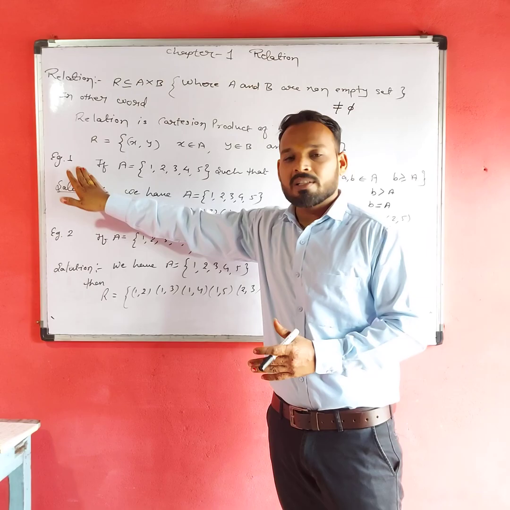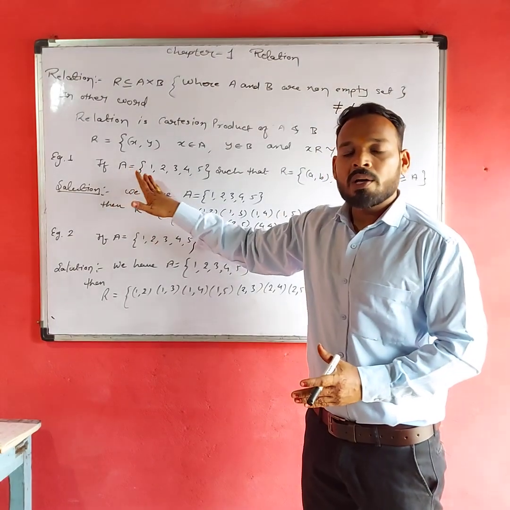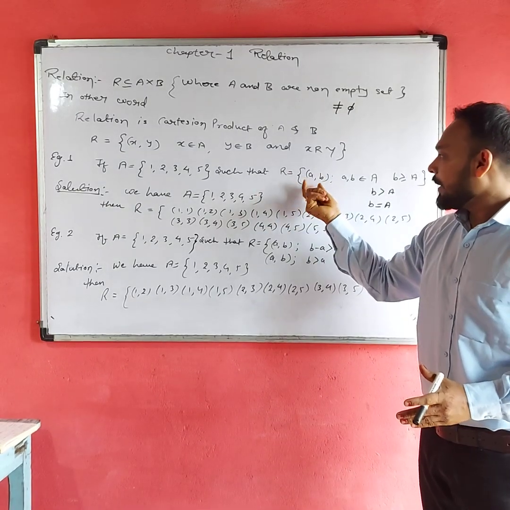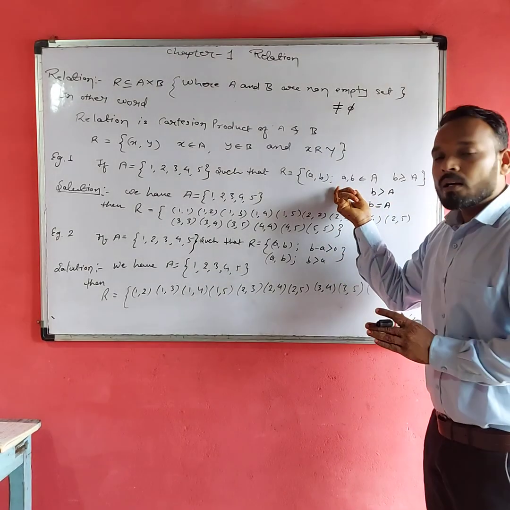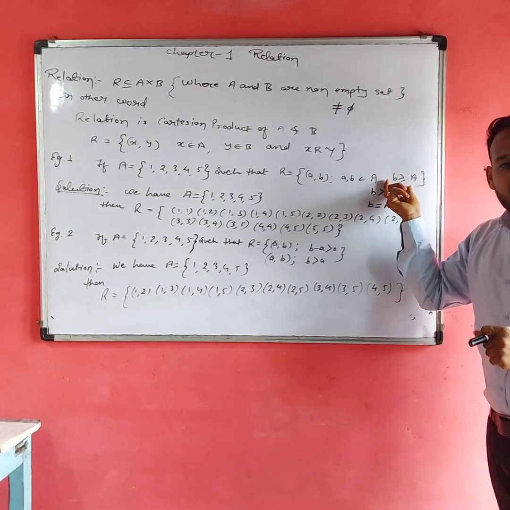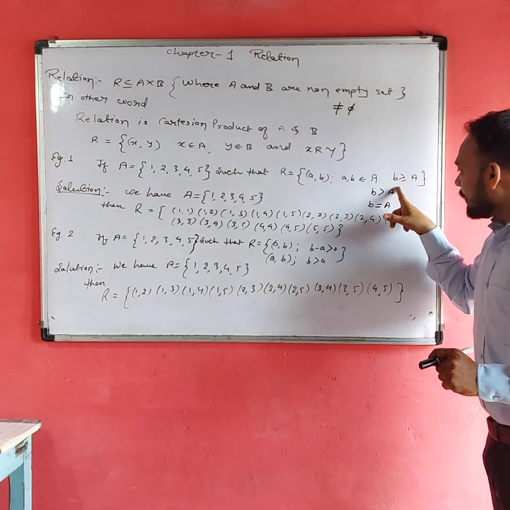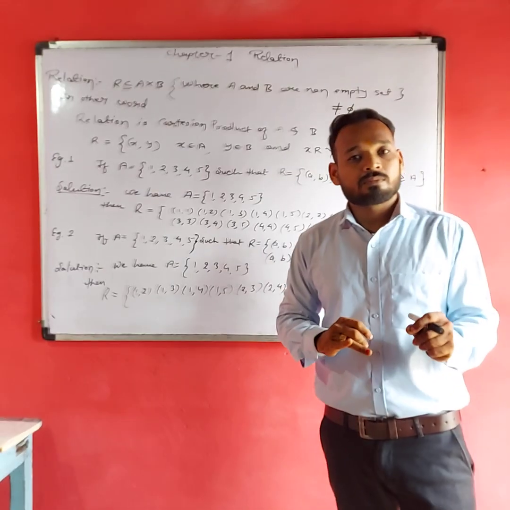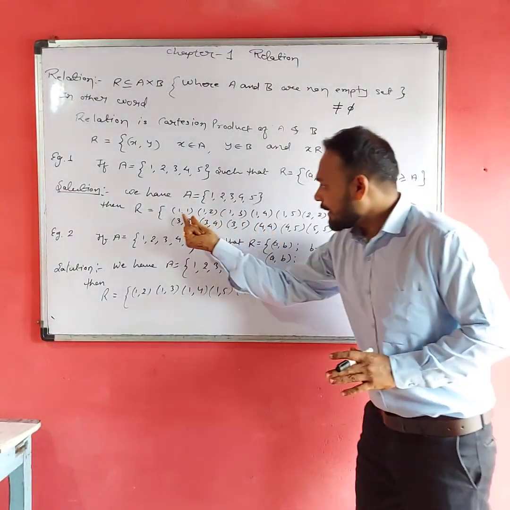Okay, let's see an example first. According to relation, if A is equal to {1, 2, 3, 4, 5}, such that we make relation R equal to (a, b), where a and b both belong to A, but we will apply the condition b is greater than or equal to a. Means we write b is greater than a and b is equal to a. Means b is always greater than a or equal to it, but it's not less. Means it's a pair (a, b).